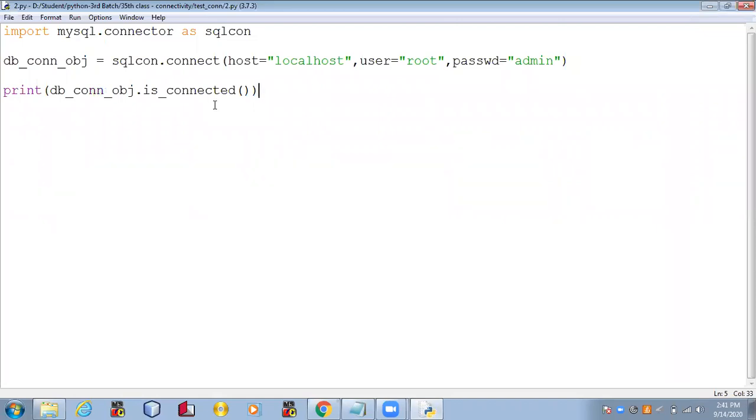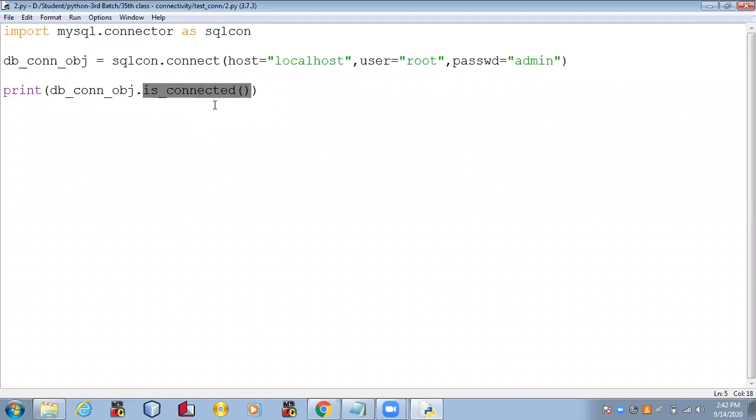Choice is yours, but the best approach to validate the connection is to go with the is_connected method. If the application is connected successfully, only then should you perform anything, like executing a query, an insert query or an update query.